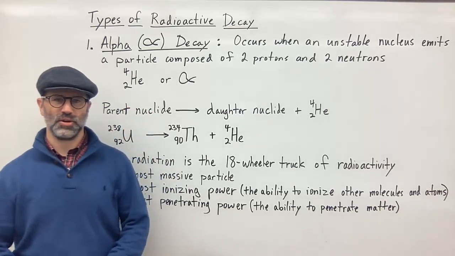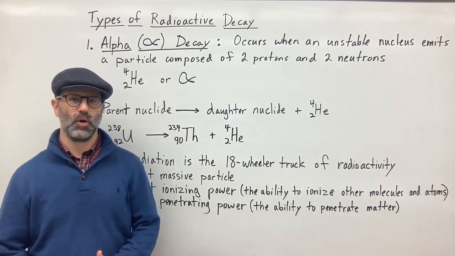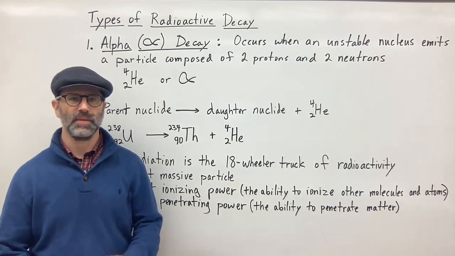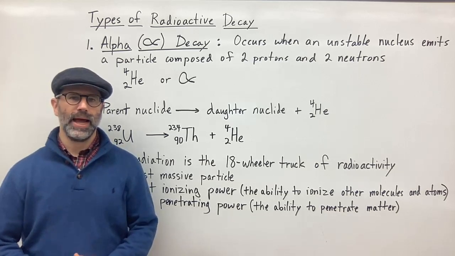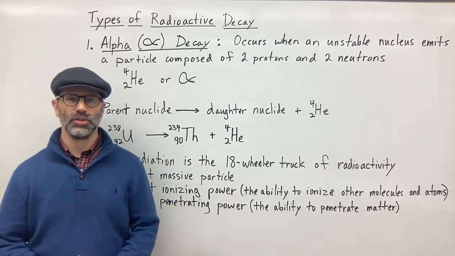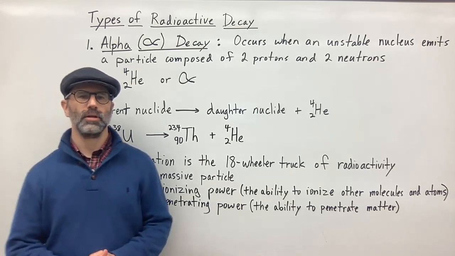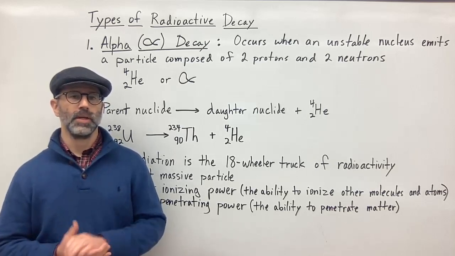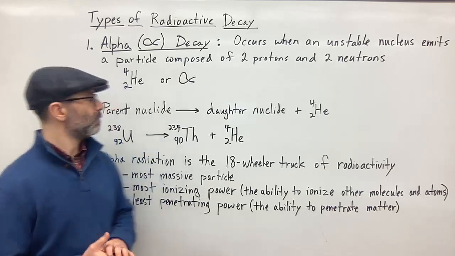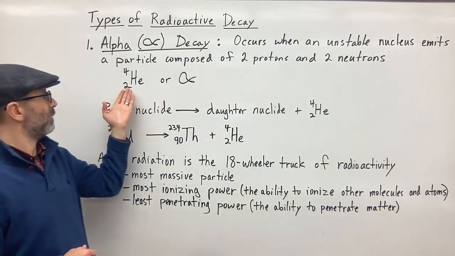My name is Mr. Cobalt, and in this video, I'm going to be going over the types of radioactive decay. So, the first one I'm going to go over is called alpha decay. And alpha decay occurs when you have an unstable nucleus and it emits a particle composed of two protons and two neutrons. So, in that particle, since we have two protons and two neutrons, that would be the same as